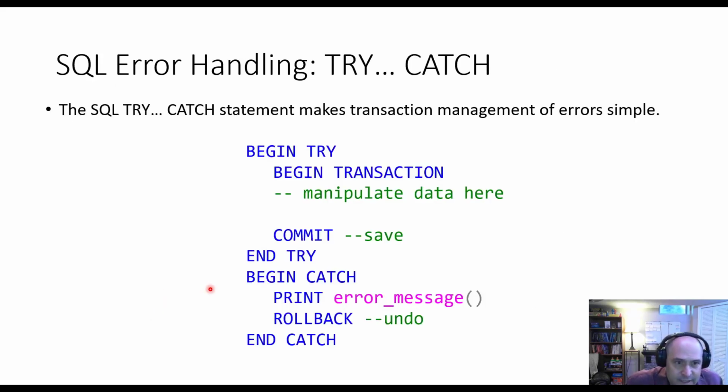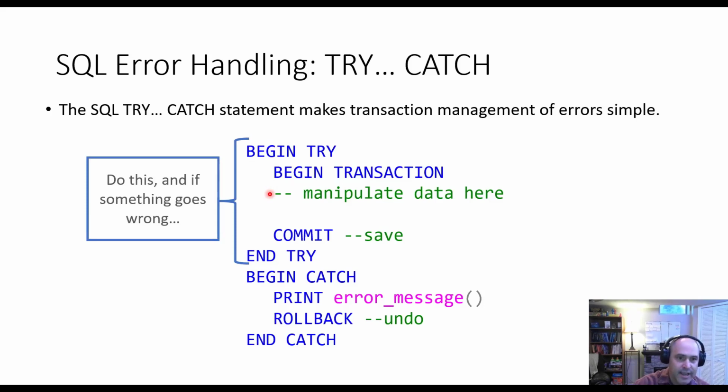So error handling in Microsoft SQL Server, and in most SQL databases, has what is called a try-catch statement. The way try-catch works is the try says anything within this try block, if an error occurs anywhere in the try block, jump to the catch block. So this means we don't constantly have to do an if after every single statement to see if an error occurred. It's very handy because you just say, try all this, and if one of these generates an error, I don't care which one it is, jump down to this catch